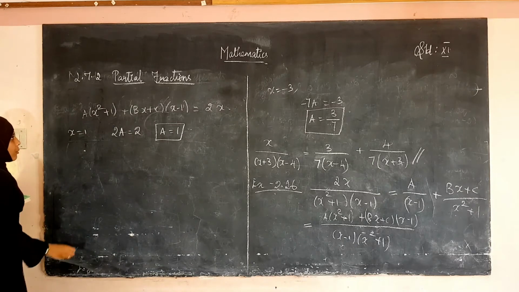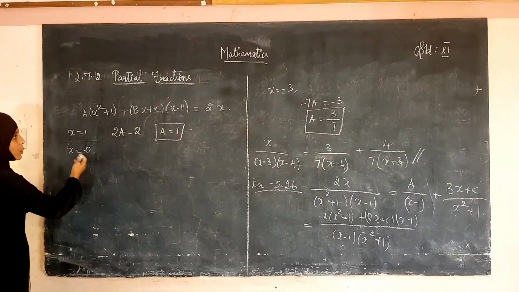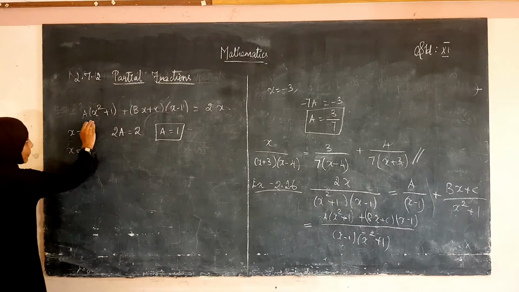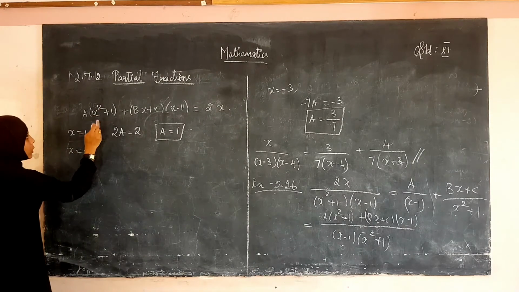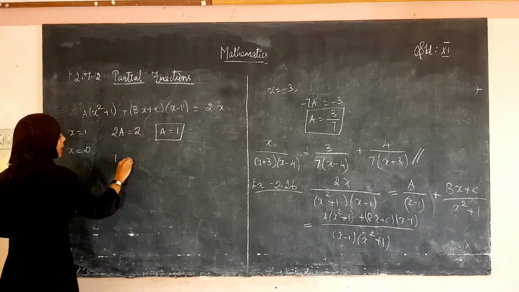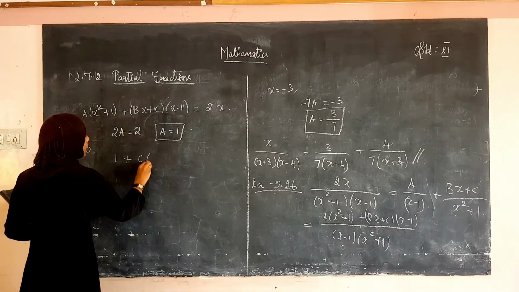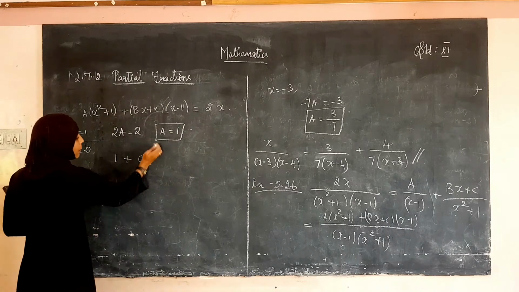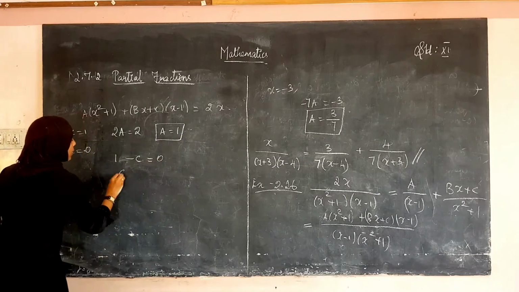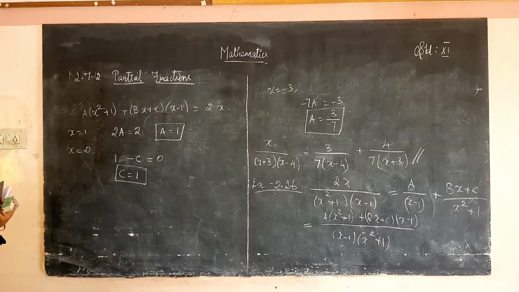Okay, and then after this we can substitute our own values, x is equal to 0, x is equal to minus 1, like that. If we substitute the value of x is equal to 0, what happens here? 0 square is 0, 0 plus 1 is 1. So 1 into a, what is the value of a? a is 1. So therefore this becomes 1 plus b into 0 is 0. So plus c, c into 0 minus 1 is minus 1. So this becomes minus c. 1 minus c is equal to 2 into 0 is 0. Therefore c's value is also equal to 1.